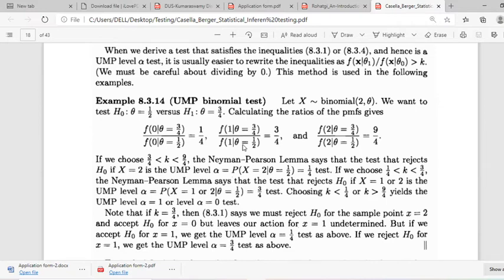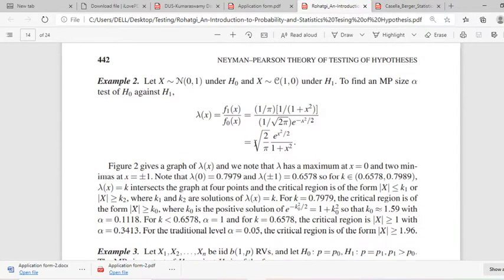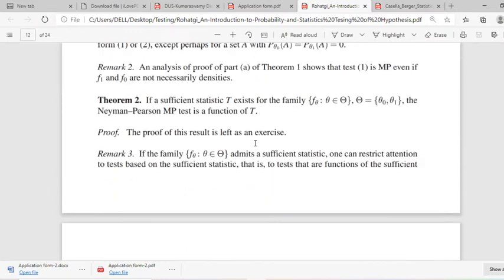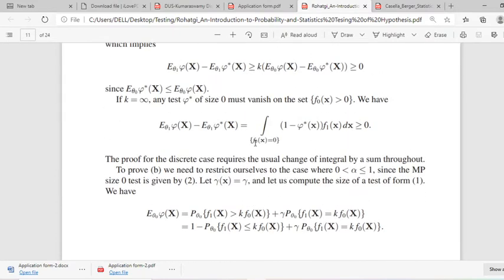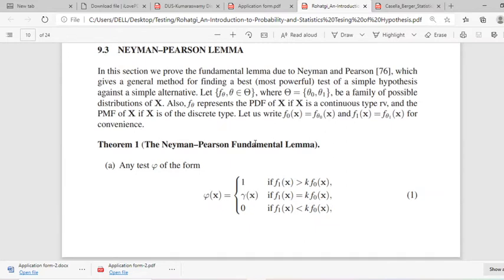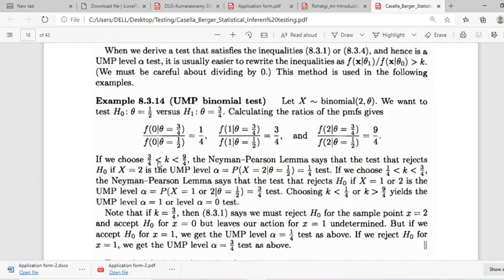Now let us see, what is the criteria of this Neyman-Pearson Lemma? We reject if f1 of x is greater than k into f0 of x. So choose k in between. This is the lowest value, 1 by 4. This is the middle value. This is the greatest. So if we choose 3 by 4 less than k less than 9 by 4,